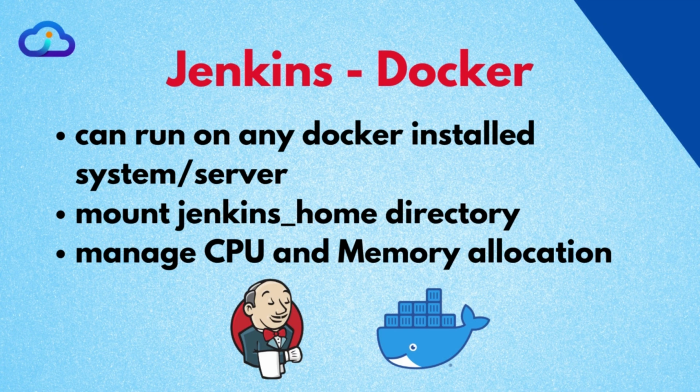By doing so, if any issues occur to your EC2 instance, you can stop that instance, detach that volume, attach that volume to another EC2 instance and run the same Docker command, and your Jenkins server will be up and running in seconds. So let's get started and install Jenkins on the system.